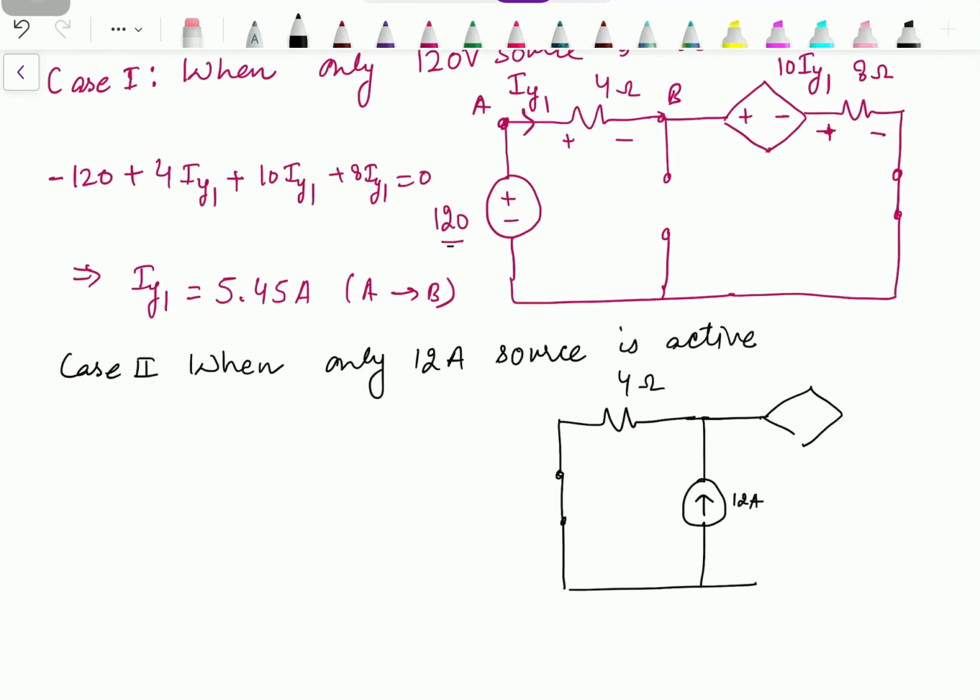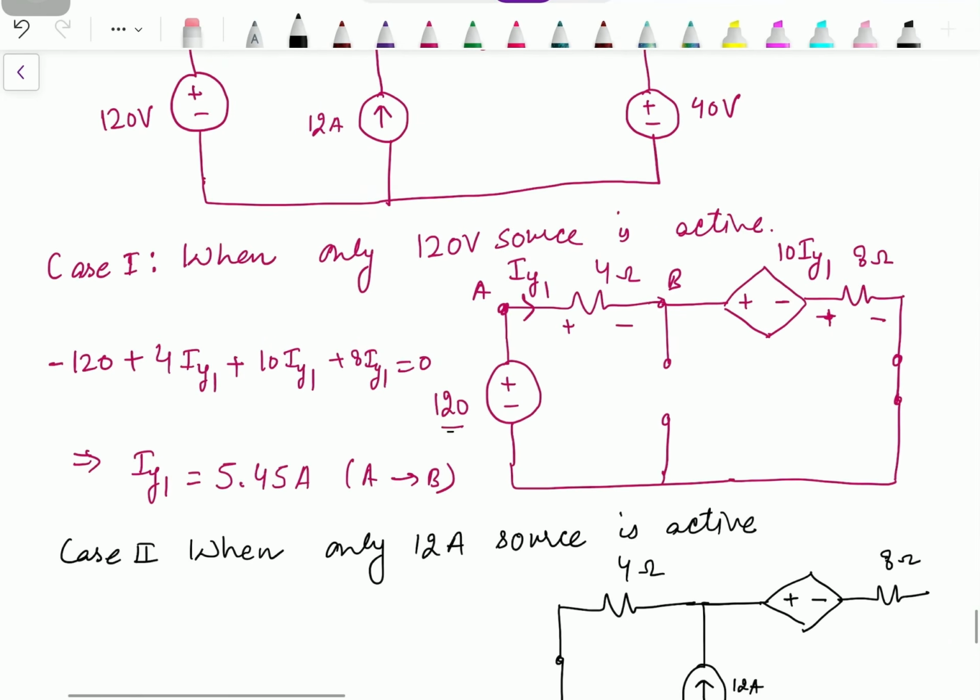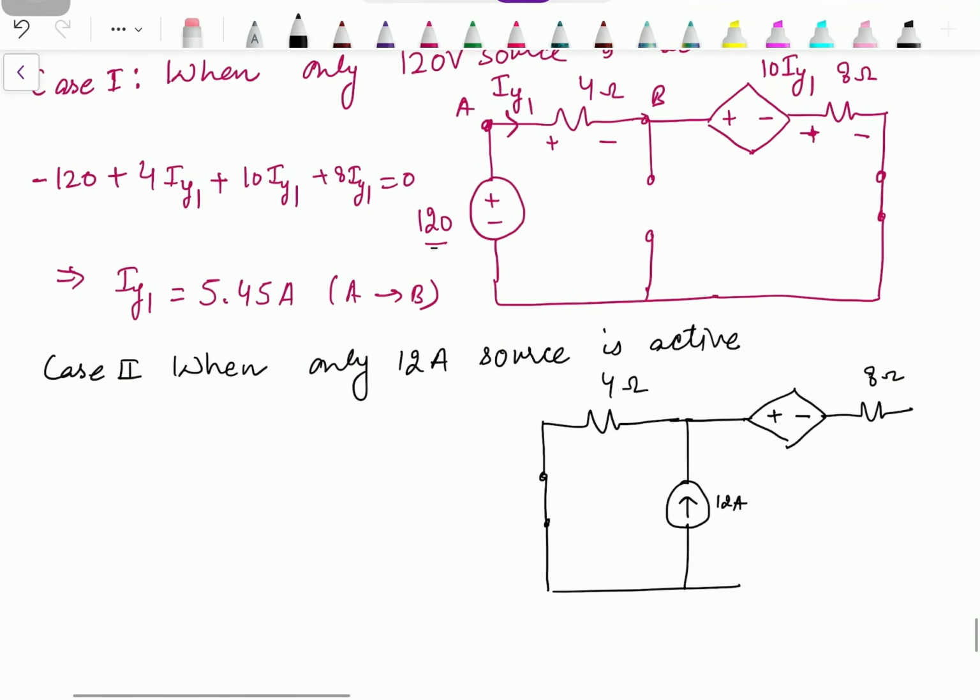Then we have the current dependent voltage source, the 8 ohm resistance, and the last 40 volt source, again replaced by a short circuit. Here we have the current IY. For the second case, let's say it is IY2, then this will become 10 times IY2. Now we need to find the value of